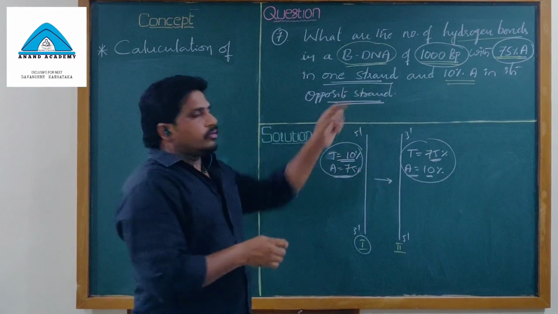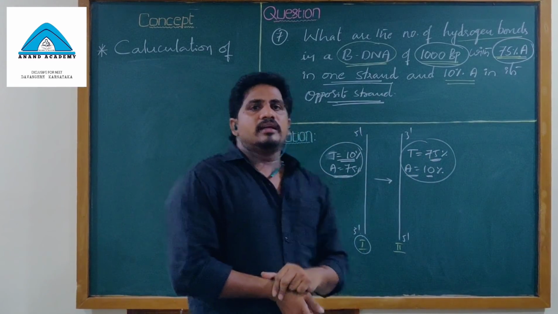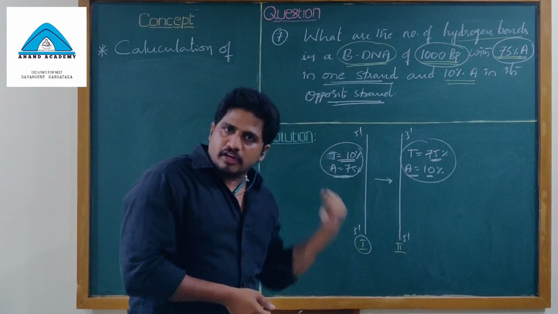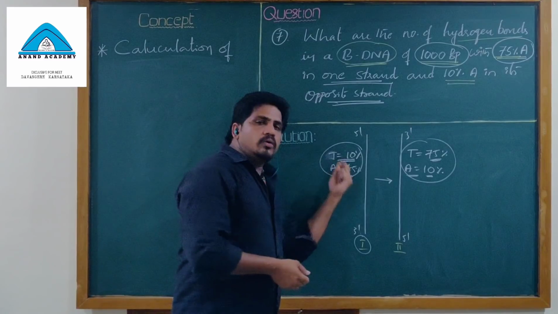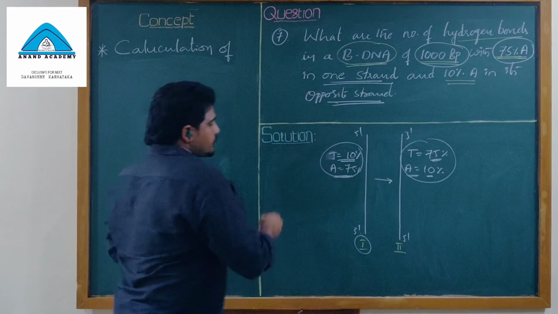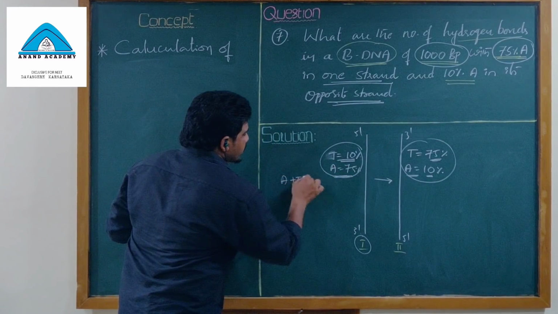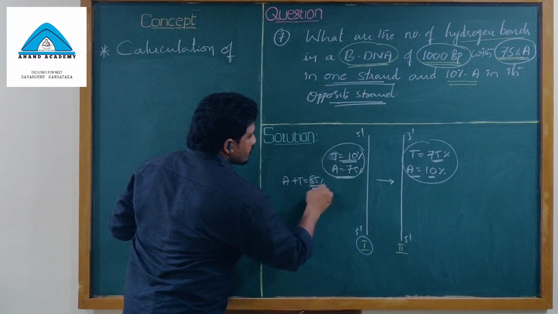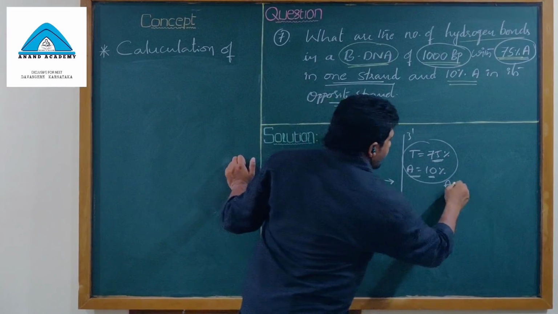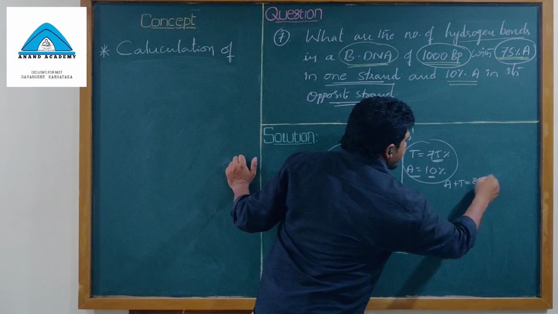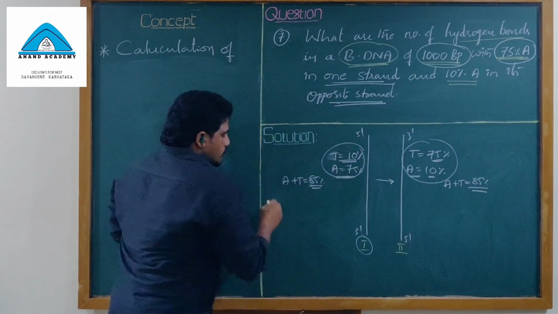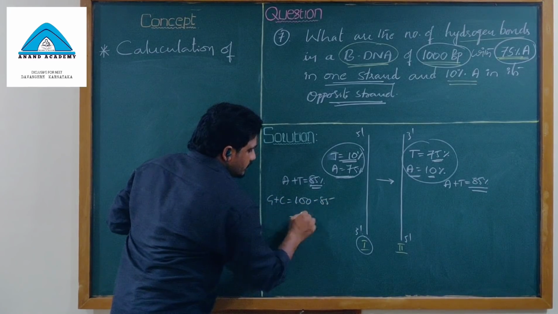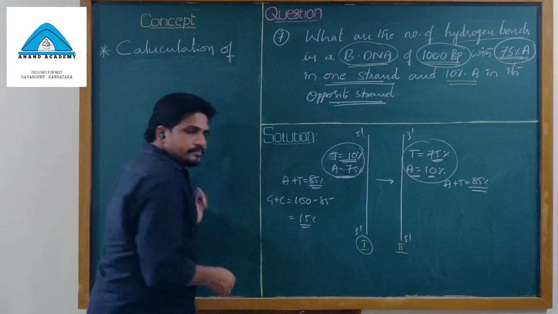In the question they have given only one nitrogen base data. Because of this analysis, because of this observation from the Chargaff rule, we got two bases data. So let us go forward. So A plus T is equal to 85%. Here also A plus T is equal to 85%. So G plus C means what? 100 minus 85, that is equal to 15%.